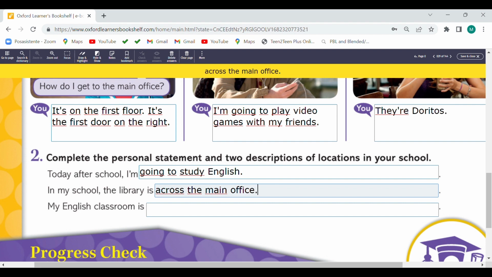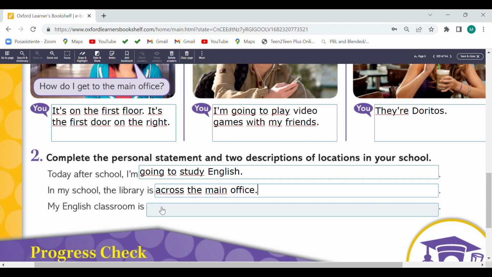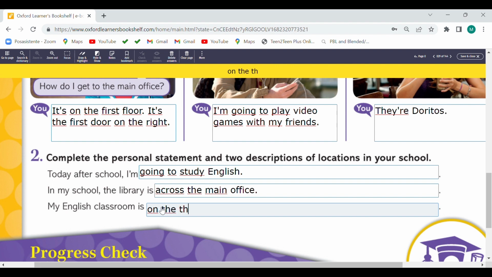It's across the main office. My English classroom is, vamos a mencionar esta parte, on the third floor. Es decir, que está en el tercer piso.